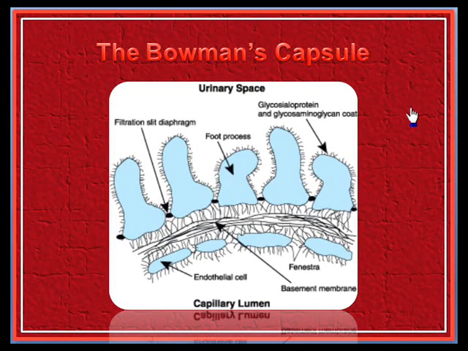This is an electron micrograph at the level of the glomerulus. As you know, the glomerulus is a knot of capillaries, and in this knot, this is the endothelial side and these are the endothelial cells, and in between the endothelial cells are the fenestrations through which the fluid and molecules pass. And now we have got the basement membrane here,